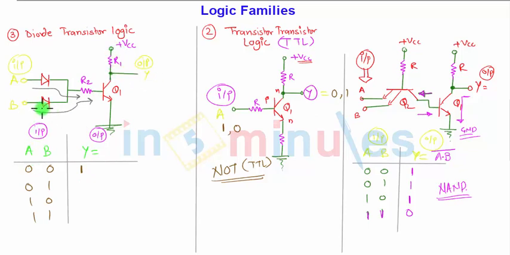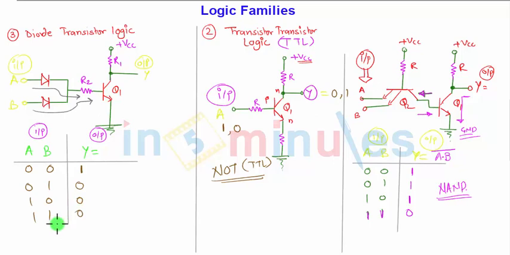If B is 1, B will be forward biased, base current will be supplied in this manner, Q1 will be shorted to ground, so output will be 0. Second case, A is forward biased, B is reverse biased, so A forward bias supplies the current to Q1 as the base input, and again Y will be shorted to ground, so output will be 0. Finally 1 1, A and B both are forward biased, so current will be there, and Q1 will again be shorted to ground, so the Y collector terminal is shorted to ground, again output will be 0.